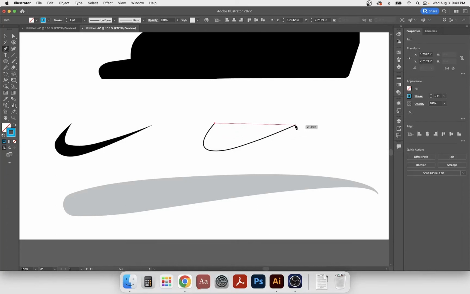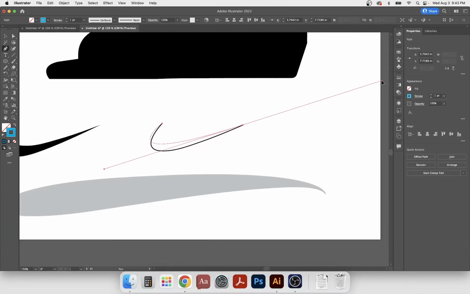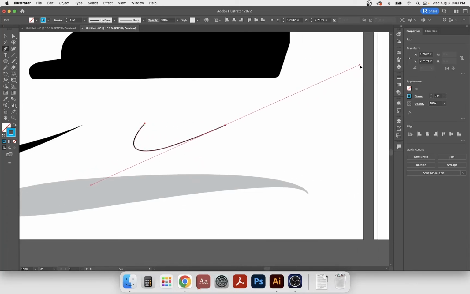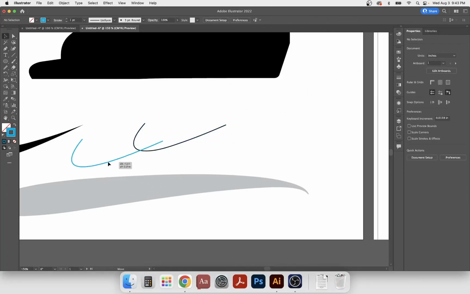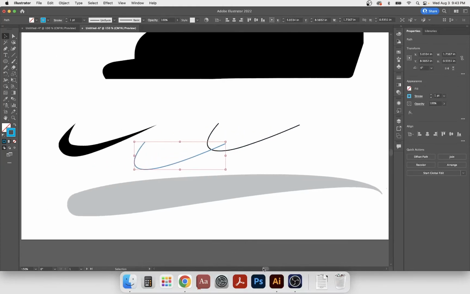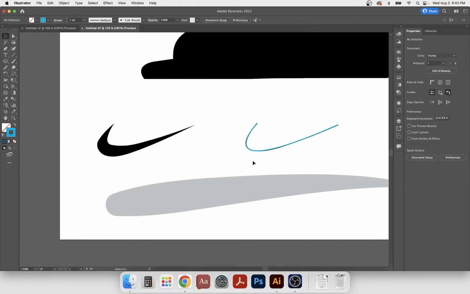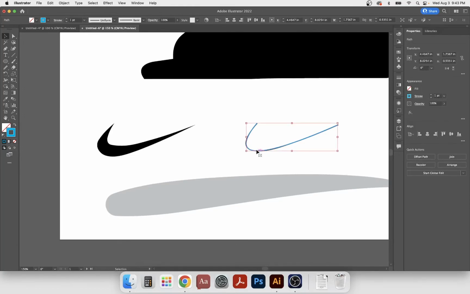I'm going to click at that last part of the swoosh, and I'm going to pull, pull, pull. And I should be able to do it just like that. And maybe we'll move this over to the side, or not, it's kind of up to you. So we got our swoosh. It looks very straight, it's kind of boring. We could make it thicker by making that stroke a couple points thicker, but that's not going to help out the cause. What we're going to do is change the width, the line width